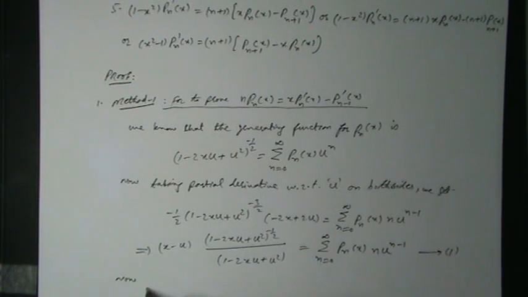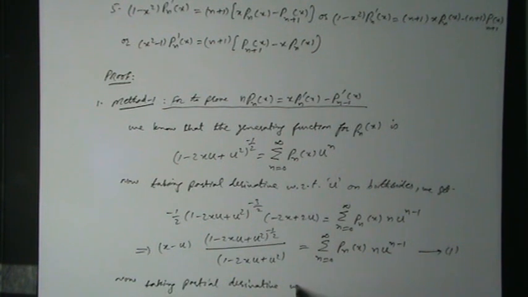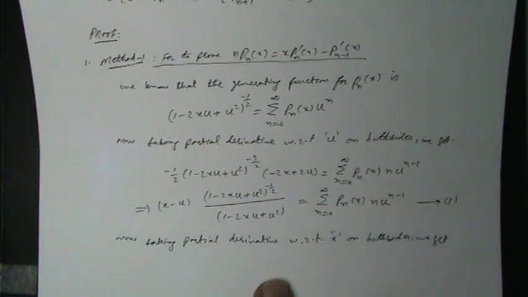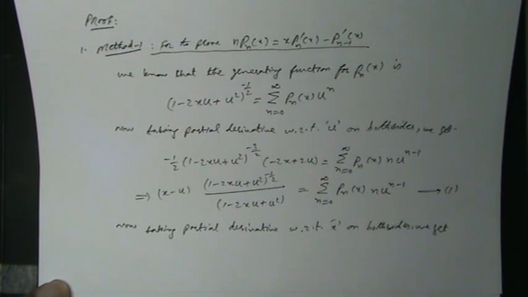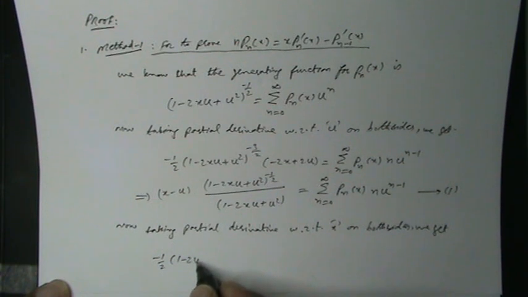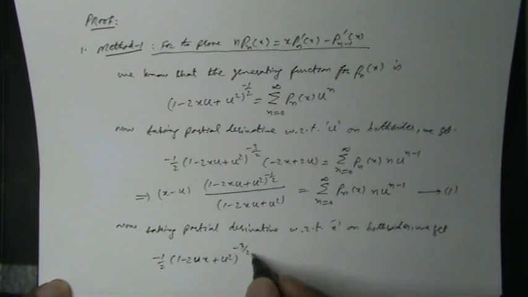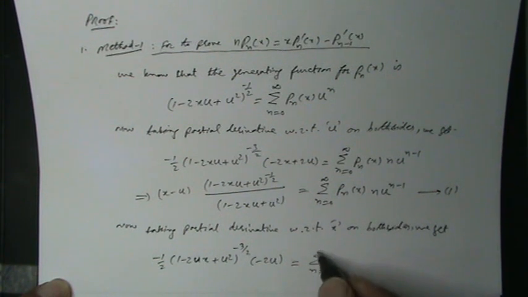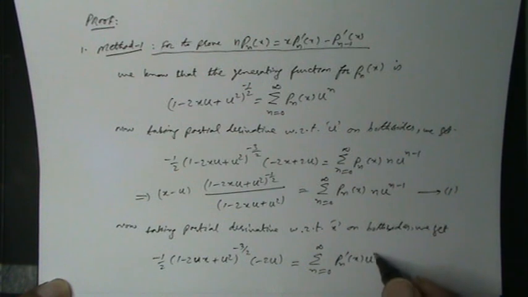Now taking partial derivative with respect to x, keeping u as constant on both sides, we get minus 1 over 2, (1 minus 2ux plus u square) raised power minus 3 over 2, into minus 2u equal to sigma n from 0 to infinity Pn'(x) u^n,